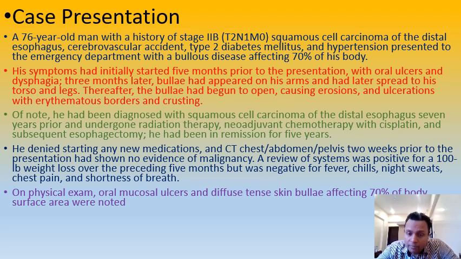3 months later, he developed bullae. And you have to tell where they started. They started on the arms, and finally they spread to the torso and the leg. This is how we are going to present. They started here, they later spread to this and this area. Okay, and then finally there were erosion and ulceration,